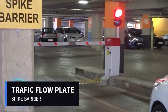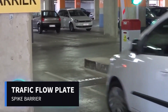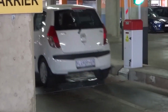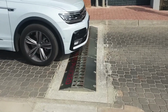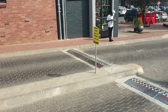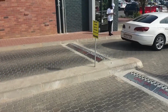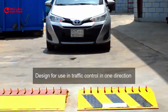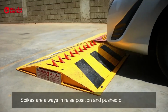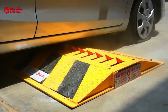This tire killer is a simple alternative to installing barriers when you need to control traffic in a particular area, but don't want to do so since it keeps traffic moving in the right way and keeps trespassers out. Therefore, it can be used on city streets and in facilities alike. If a driver chooses to breach the law and drive the other way, the 2-inch high spikes don't harm vehicles traveling in the right direction, but the results would be a set of flat tires and a call to a